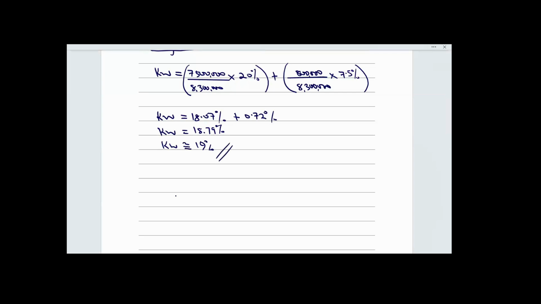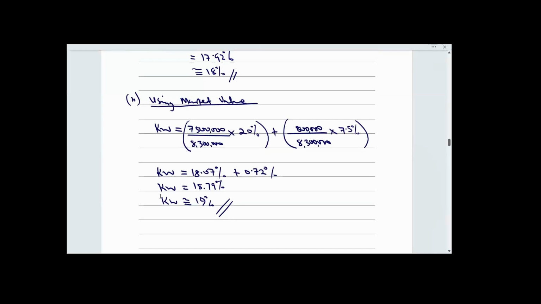So this is how to calculate weighted average cost of capital using market value. Of course, this particular question is straightforward because the examiner has already calculated the cost of equity and cost of debt. In fact, even the market price of the ordinary shares has been adjusted. You are given the XD share price. You're also given the XI price. So in this case, it's more straightforward. But in most cases, especially at this level, it won't be like that. You'll be the one to estimate those things.